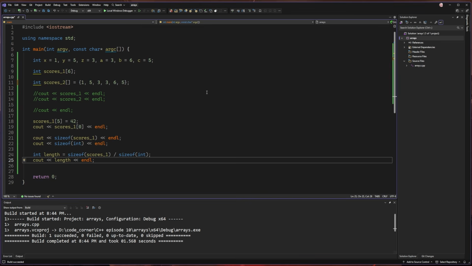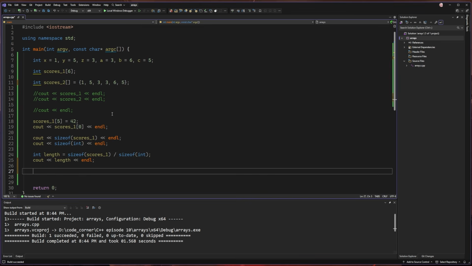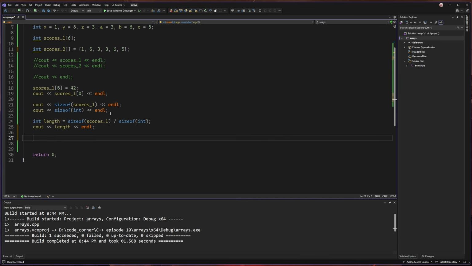I mentioned when we first started this, right here would be a little bit difficult, trying to come up with a way to loop through all of these values. Well, looping through all of these values is actually really, really simple, especially the fact that we know the length. And of course, since we're dealing with something that looks a little bit familiar if you think about what we were doing 2 episodes ago, loops. And so, of course, a great loop for this one